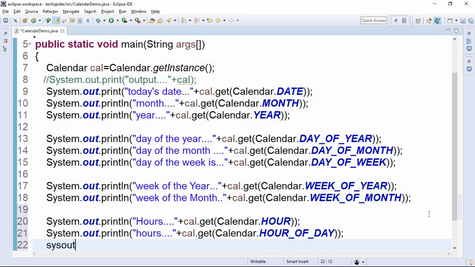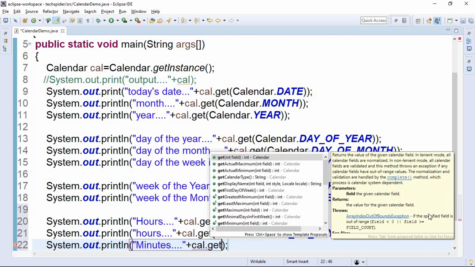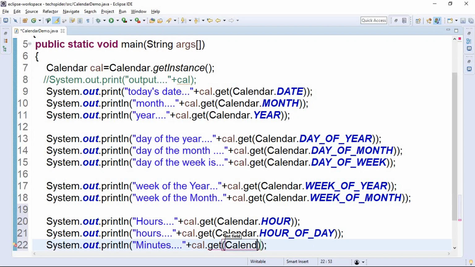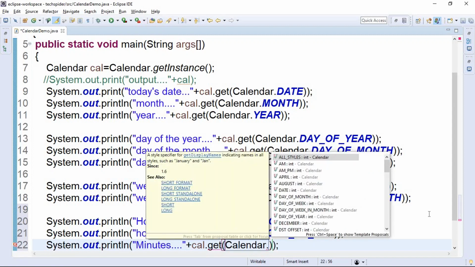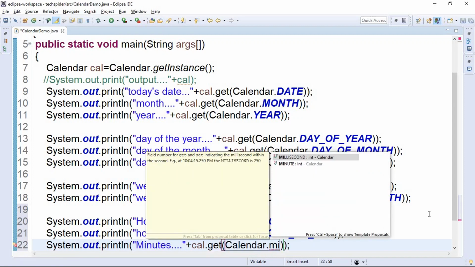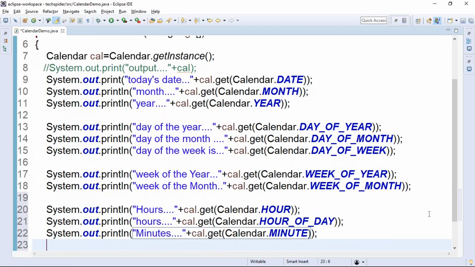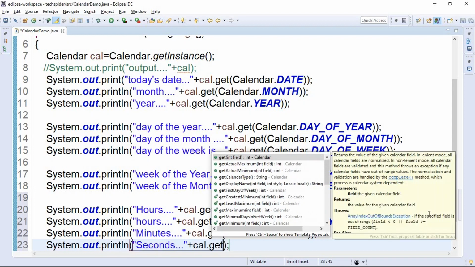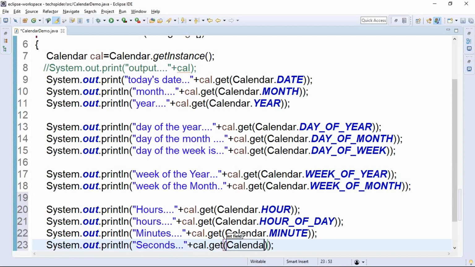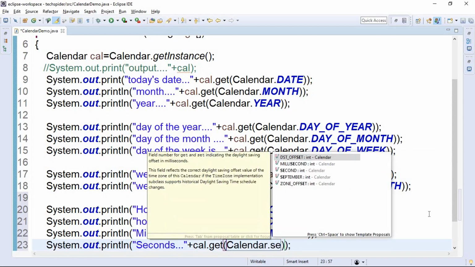Next one, I want to get minutes. Call the get method, Calendar.MINUTE. Yes. Similarly, if you want to get seconds, use the object cal.get method, then Calendar.SECOND.